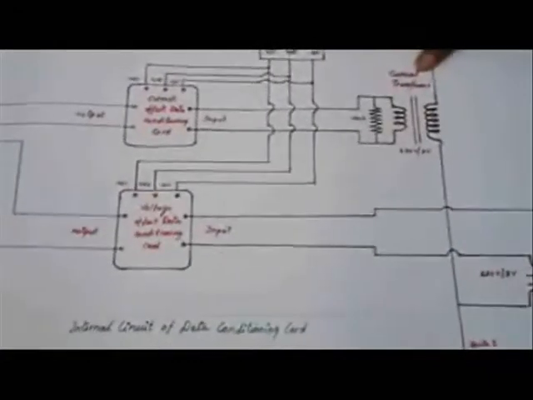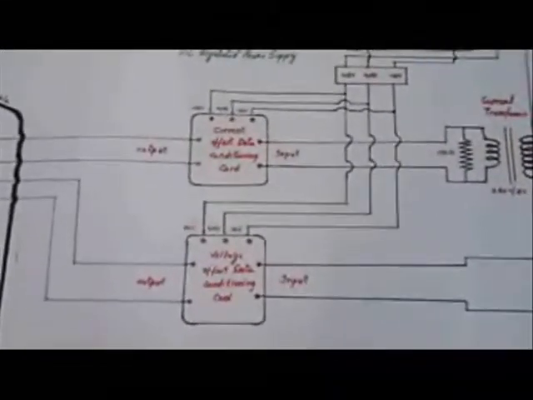The voltage signal from the potential transformer is given to the voltage offset data conditioning card, and the current signal from the current transformer is given to the current offset data conditioning card. These offset data conditioning cards are used as the Arduino cannot take the negative magnitude of an AC signal. Here the offset data conditioning cards are energized using a DC regulated power supply.